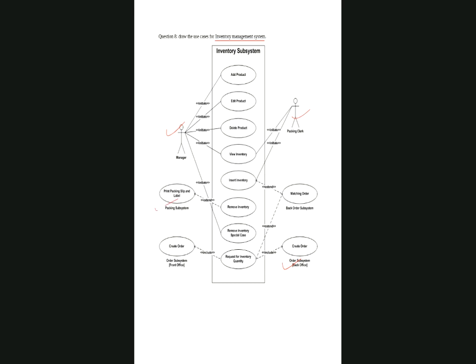Okay, so when you remove an inventory, then removing the packing slip is optional. If you don't remove it, who cares? But if you are removing inventory, then the manager is removing some inventory for him. He can initiate. This is an initiate. So far we have seen extend and include. What do you mean by initiate? Initiate means to start for the first time. Okay, and then it goes on.